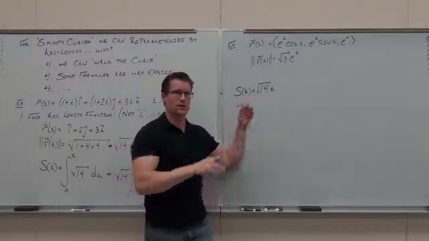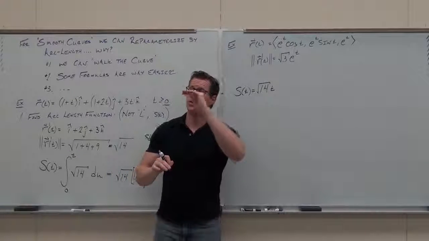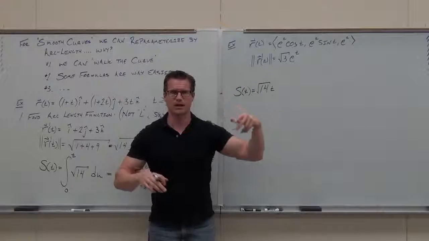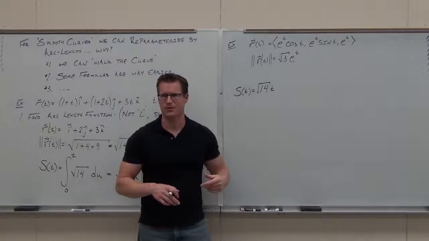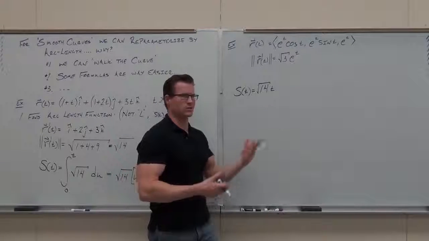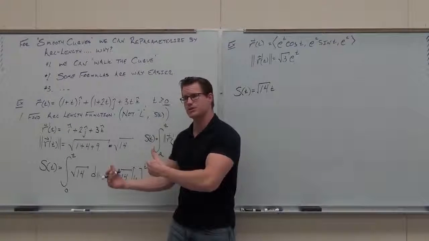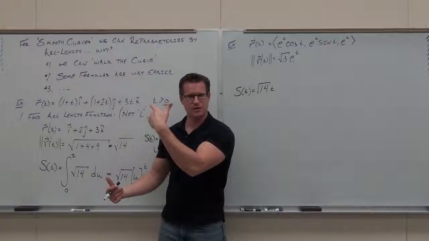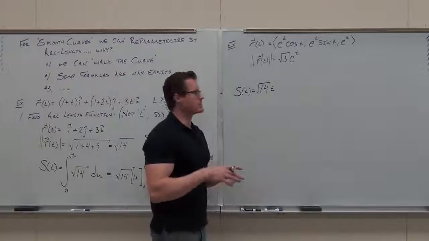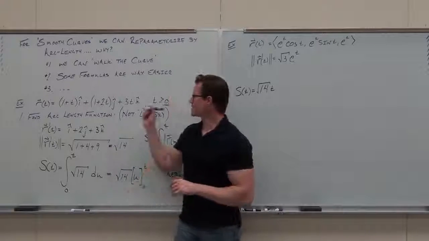This is the length for any value of t starting from 0 and ending at t. Does that make sense? So you want to say, hey, what's the length up to t equals 5? Plug in 5. You have the arc length. What's the arc length up to 7? Plug in 7, you have the arc length. It starts at 0 to 7. Does that make sense? Now, if we reparameterize, what that means is, well, let me ask you, what's the current